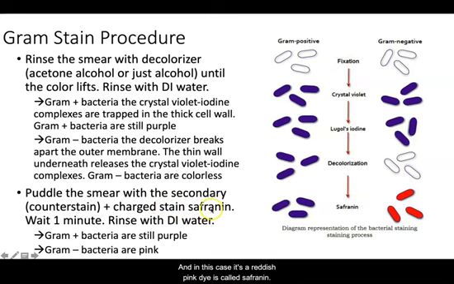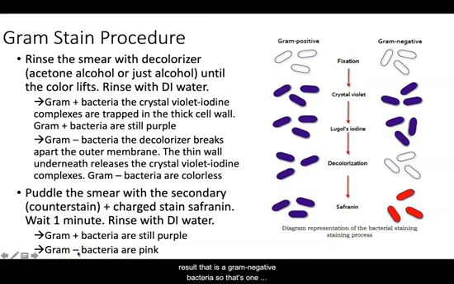It's called safranin. And so gram-positive bacteria, since they still have a dark purple color, this dye isn't going to change their look at all. But gram-negative, since they are colorless, will take up that safranin, that counter stain, and so they will appear pink. So at the end result, when you put a bacterium through a gram stain, you're going to get either a purple result, and that would mean that's a gram-positive bacteria, or you're going to get a pink result, that is